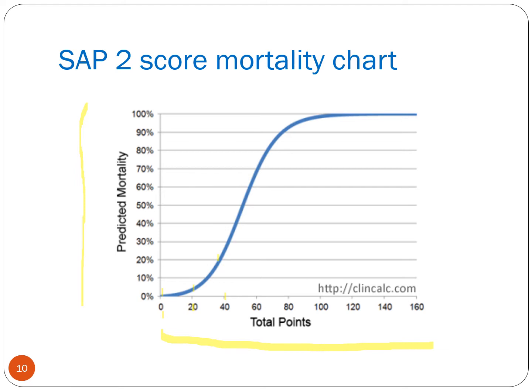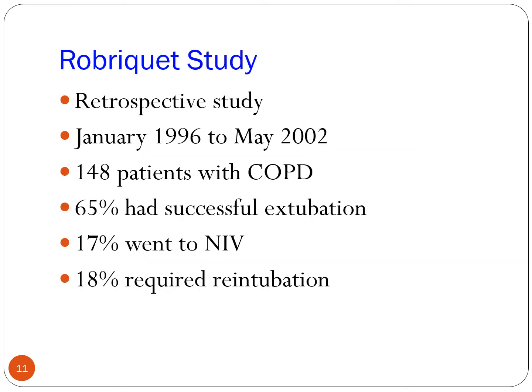20%. So what I'm showing you is that as your score gets higher and higher, and what makes a higher score? Those certain parameters that I just mentioned on the previous slide are indicative of higher mortality. So understanding someone's SAPS2 score predicts mortality, which is very important, but it can also predict extubation failure. So that's why this particular scoring system is so important to understand how someone is when they come into the hospital.